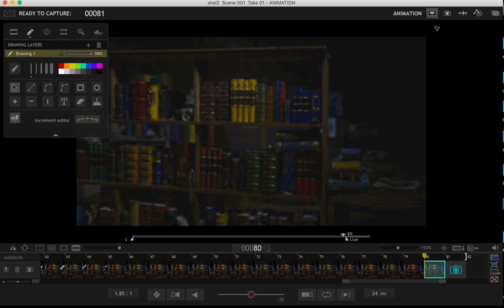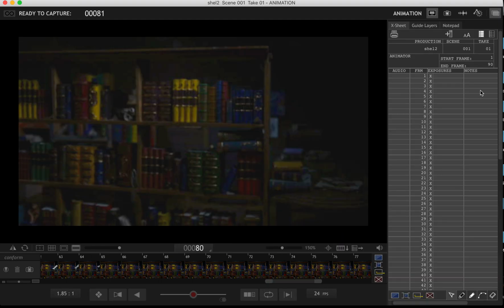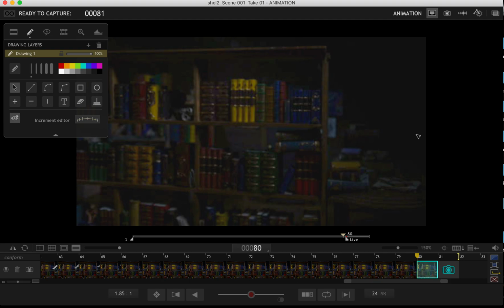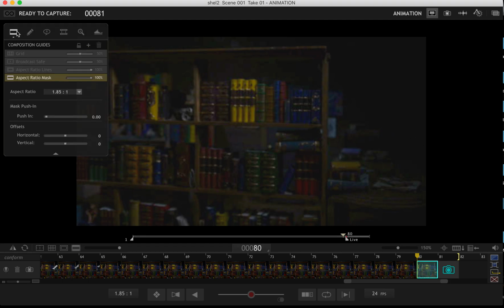This is the shooting window. Sometimes you'll notice it with this X sheet appearing if you want. You can turn that on and off by clicking in this corner up here. You can see my cursor bouncing around. But when you're in this mode, which is when you're going to be shooting animation, this box appears as you bring your cursor into the window. It might look like this when you first see it. However, if it doesn't appear right away, you look for this little pencil that's right up at the top and